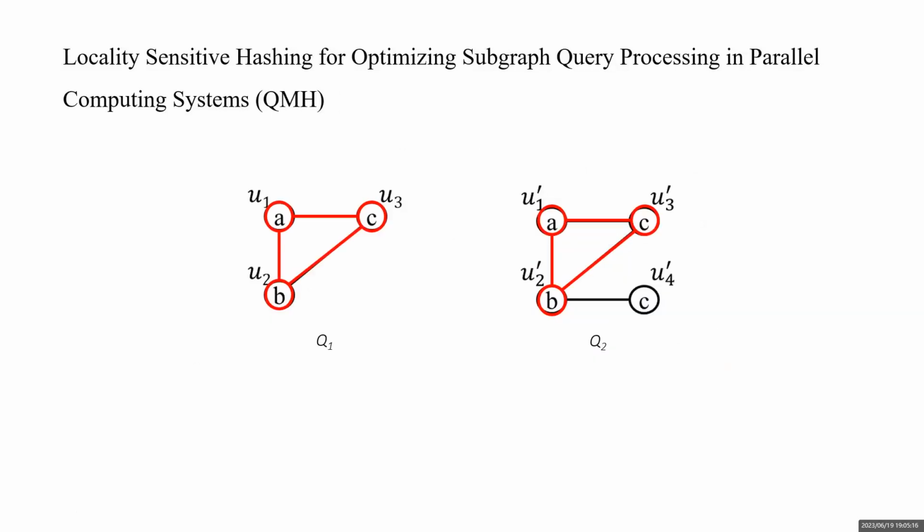Furthermore, our second locality sensitive hashing technique, QMH, can deal with multiple queries. For instance, consider two queries, Q1 and Q2. QMH can group Q1 and Q2 together, and then these two queries can be processed together. This allows for the common subgraph of Q1 and Q2 to be processed once and reused, resulting in a significant